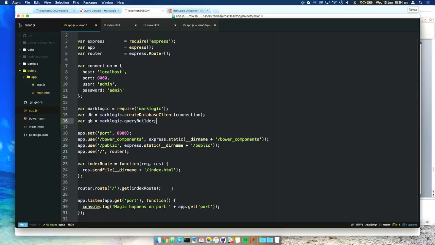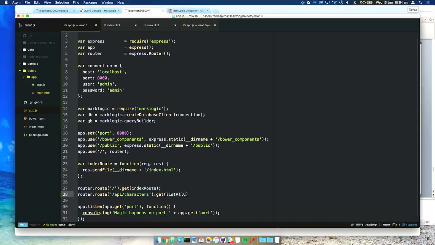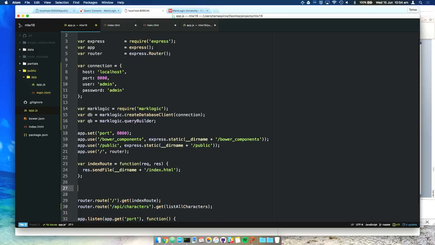Now, what we also want to do is add another route to our application, let's say API/characters, and we want to handle the HTTP GET request against that. So what this means is, every time someone goes to the /API/characters endpoint in our application using an HTTP GET request, we want something to happen. What we want to happen is a function called list_characters, and then we have to go ahead and write that function. And what that function will do